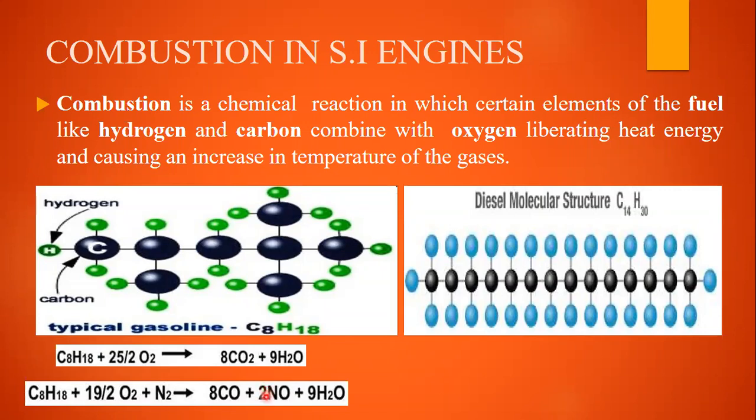If there is incomplete combustion, the emissions are going to be high. There may be some black ash and soot also. That's why we need to maintain proper, complete combustion. Only then can we achieve higher pressure and temperature, and the mean effective pressure is going to be high, so that the work done and efficiency are going to be high.